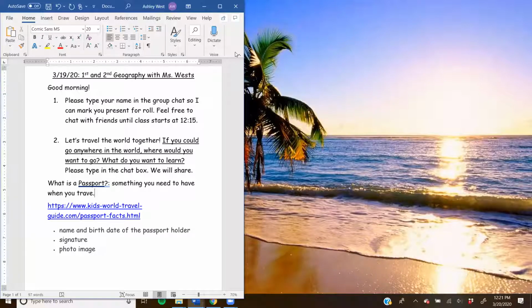I have my passport also. Oh, you want to share it with us? Cool. Awesome. Thank you. So I'm going to go ahead and if everyone could print that out,